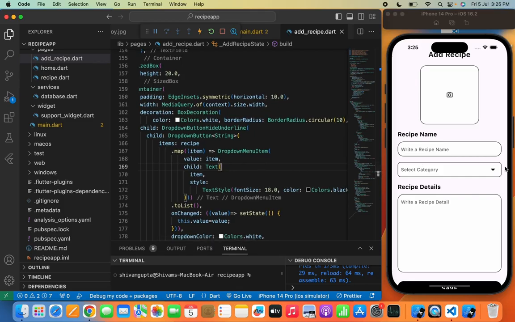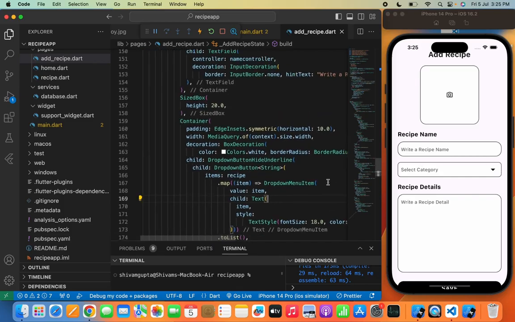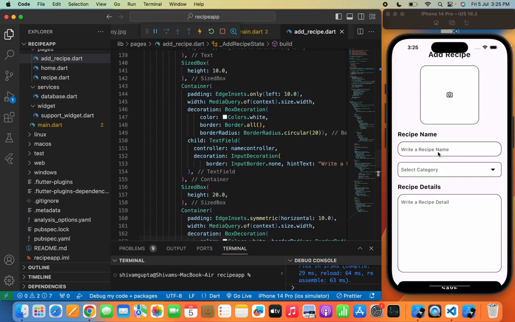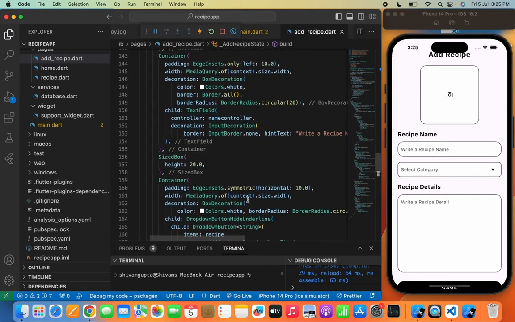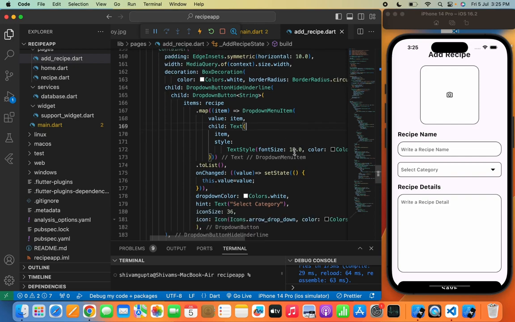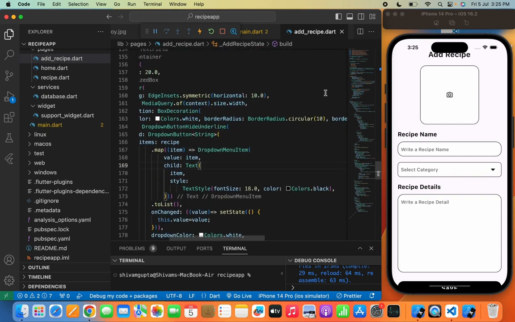Now you can also provide the border radius, so that it will match with the text field that we mentioned above. So I will do one thing, we need to pass 20. I will simply pass the border radius circular up to 20. Yeah, here it is. Now we'll click on it,